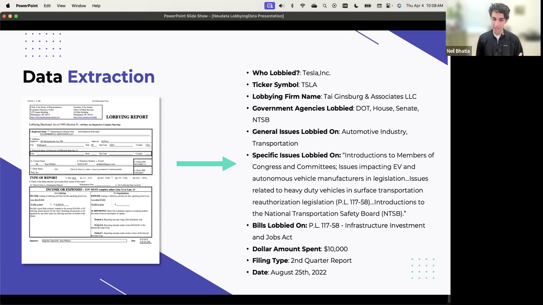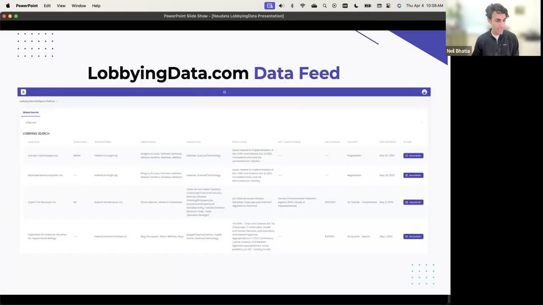It's not always having dinner and cigars, like I said earlier, at the Willard Hotel. It's as simple as an email, and that's what you're paying your money for, those connections. And this is a visual example of our data feed and how we capture it. So we use this to identify all the companies that have lobbied on a specific bill or law. And let's take, for example, and this is what a lot of our customers would do, a look at a simple bill.